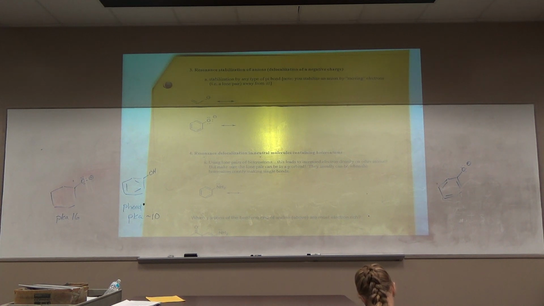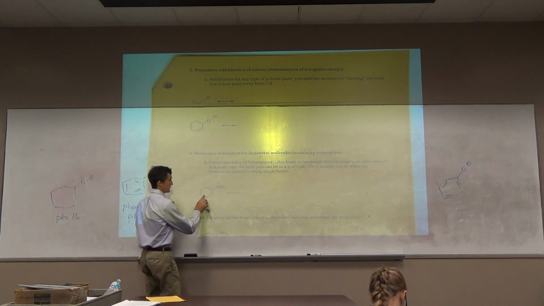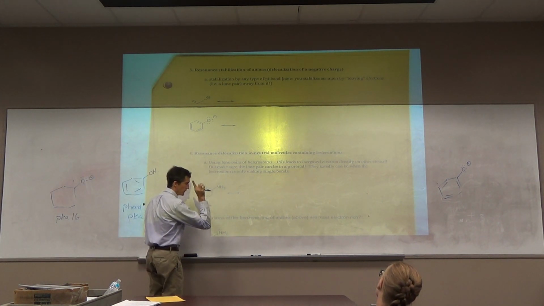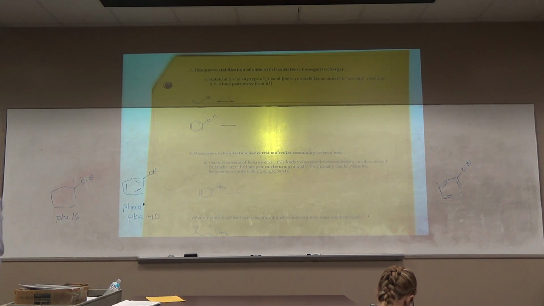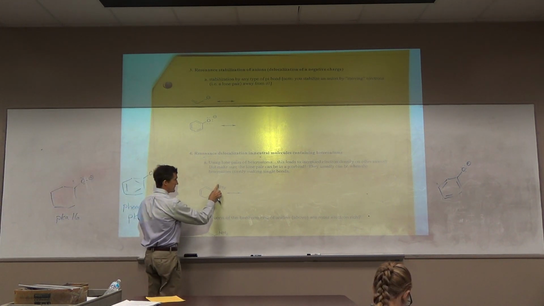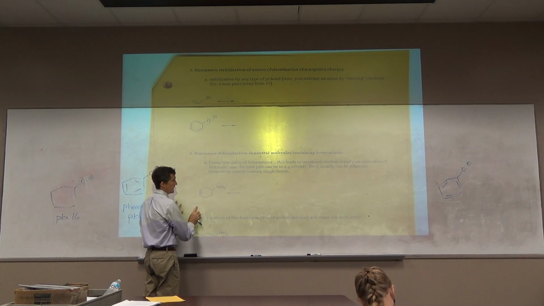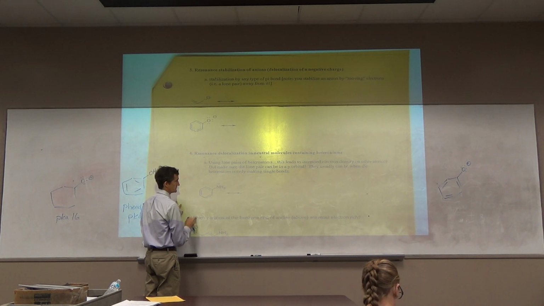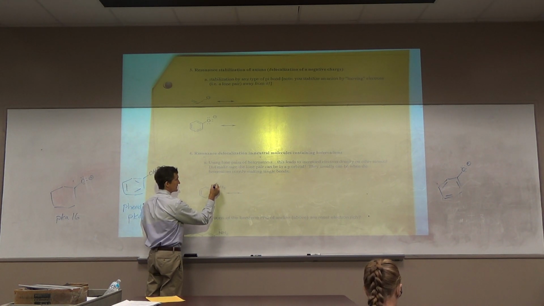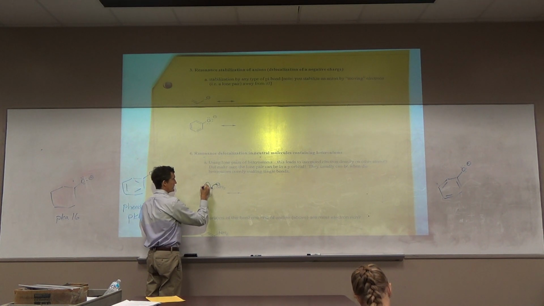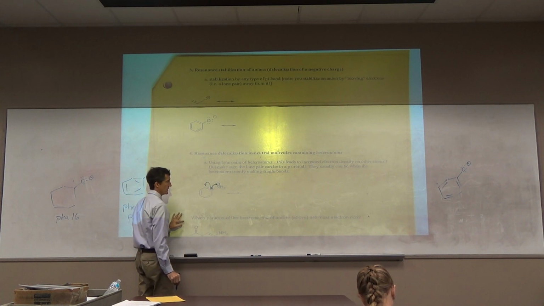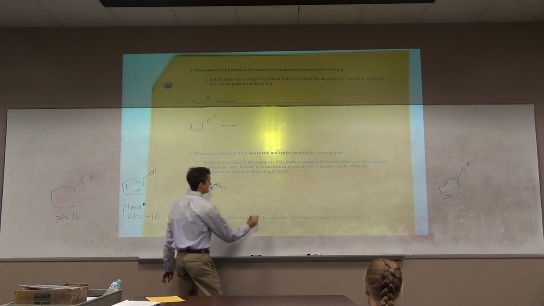This guy, though, has a lone pair, and a lone pair is a great place to start doing resonance. As long as the lone pair is in a p orbital, as long as it's conjugated. Is that lone pair conjugated? Yes, that lone pair is in a p orbital, because anytime a lone pair is next to a pi bond, it's going to want to be in a p orbital. It's conjugated. Thus, we can do resonance here. We can start with a lone pair. These electrons can move here, and these can move out. And that gives